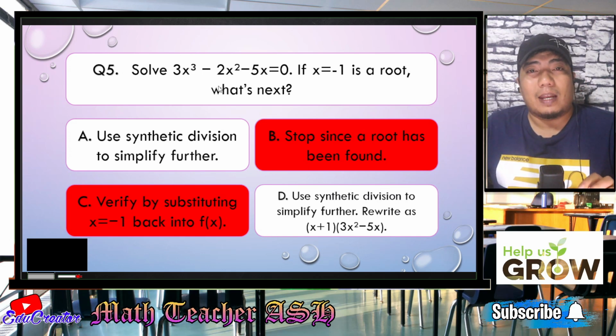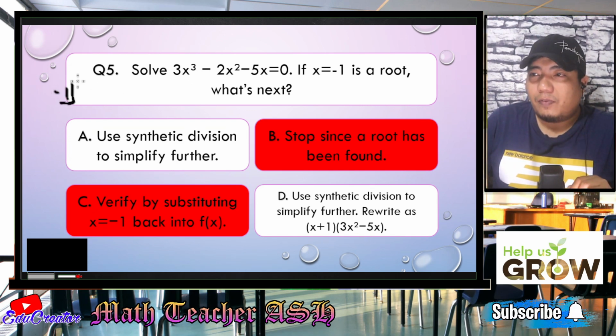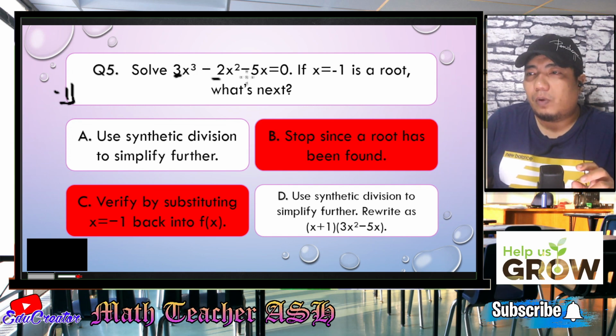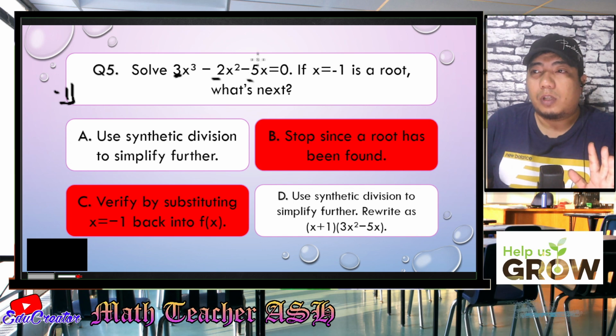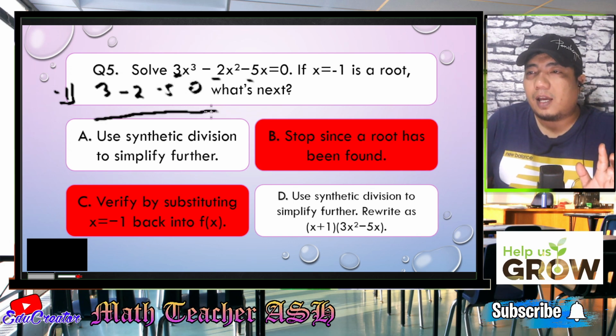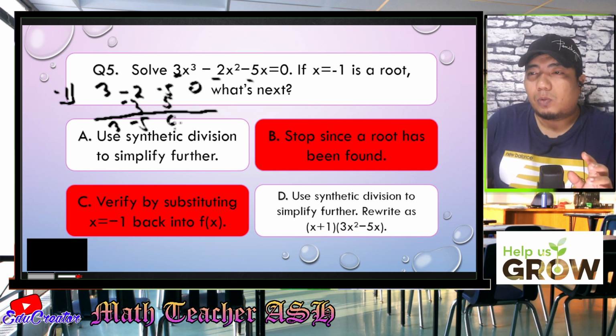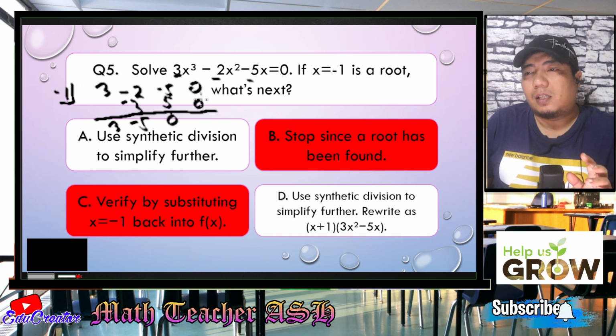So in solving this one, you can apply synthetic division. Basically, my dear math learners, if you have here your root, which is -1, and the coefficients 3, -2, and -5, of course, there is no constant term here, so that is understood to be 0. So that will be 3, -2, -5, and 0. Now, the technique in synthetic division is very simple. You bring down, you multiply it, so that will become -3, and then you add, so that will become -5. Then you multiply it again, and that will become +5. Adding these two, this will become 0, and 0 times -1 is 0, so 0.